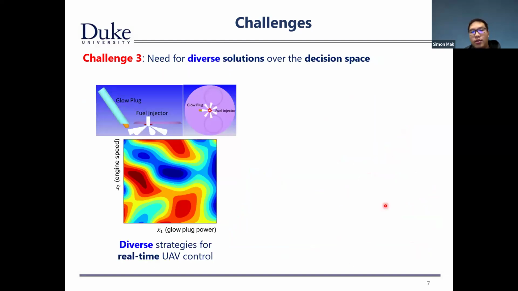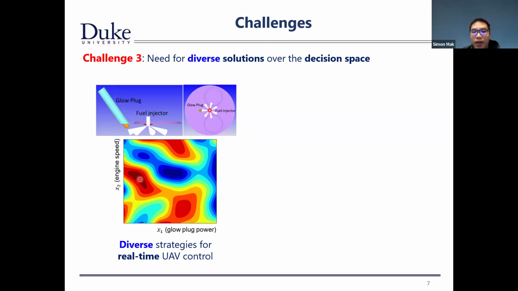The last challenge here is the need for diverse solutions over the decision spaces. So let's again take our application here. And let's say we had two parameters that we're doing control for, right? Glow plug power, and engine speed. Now, this plot right here is a plot for the quantity of interest, so the engine efficiency. So red here, the more red this becomes, the more preferable it is, the larger the value. So, in this case, it seems like this thing right here is the global optimum, and we want to hit